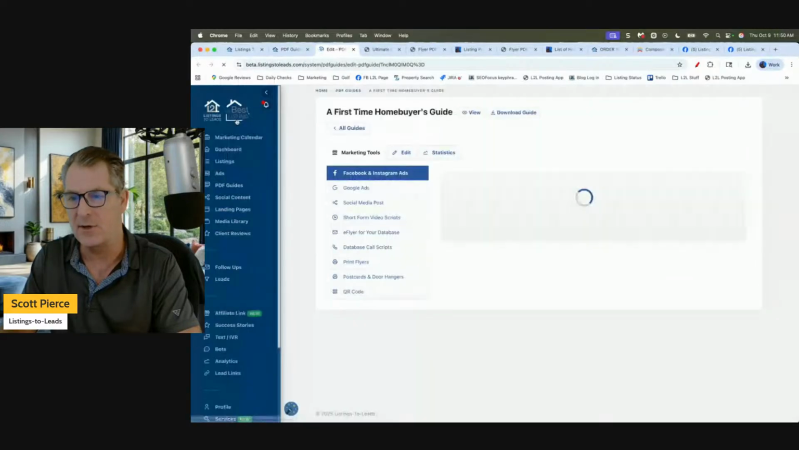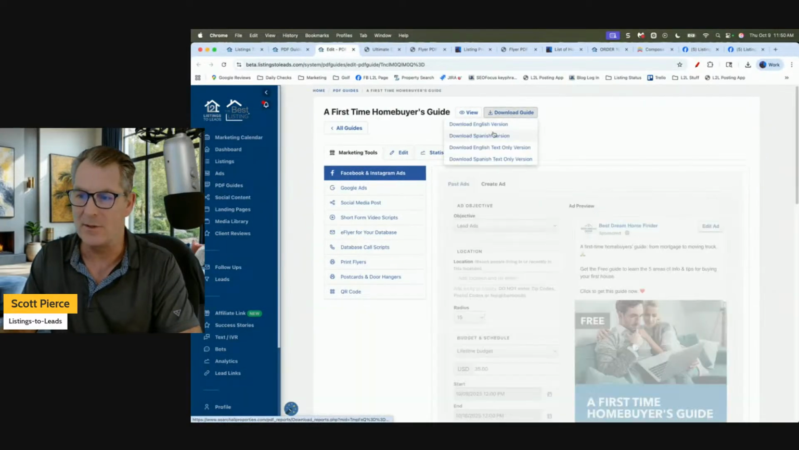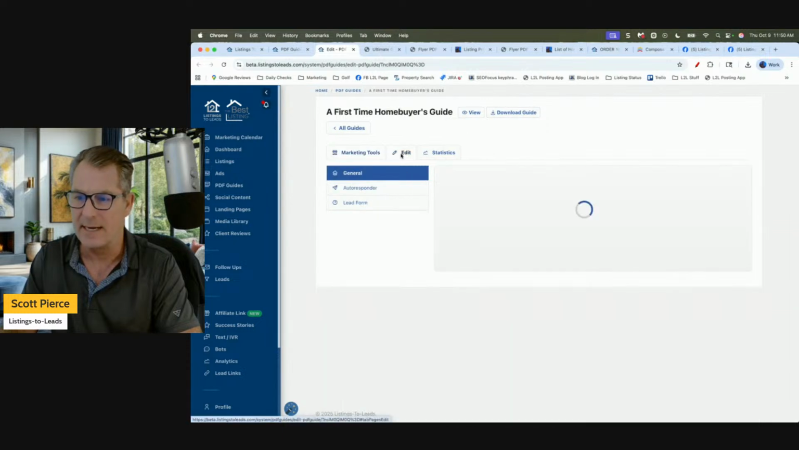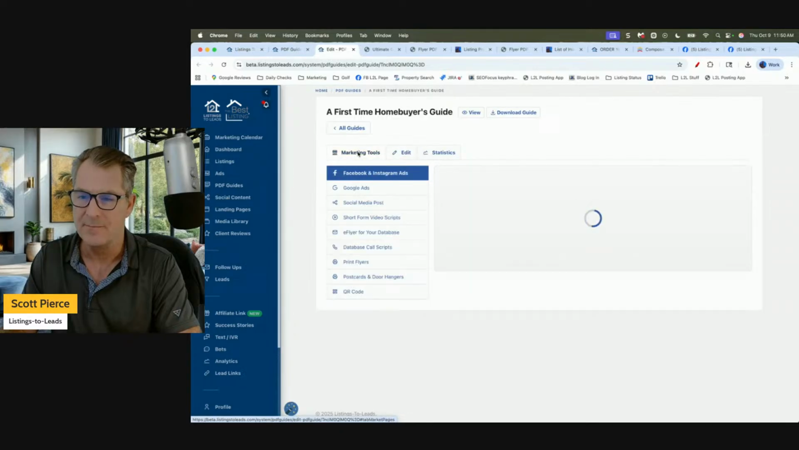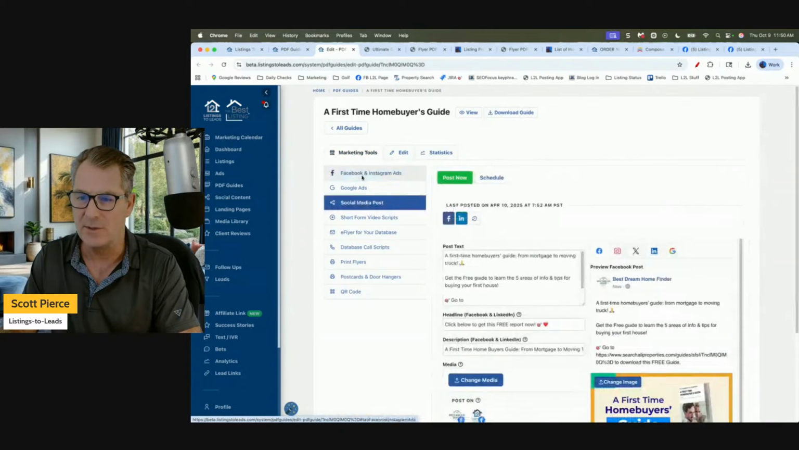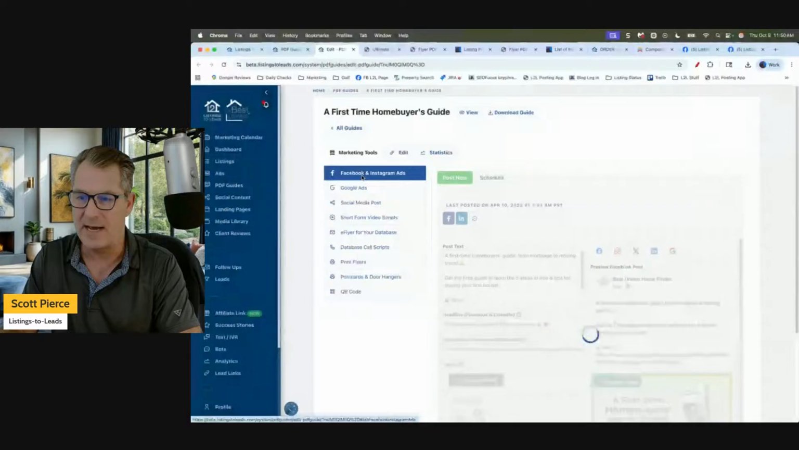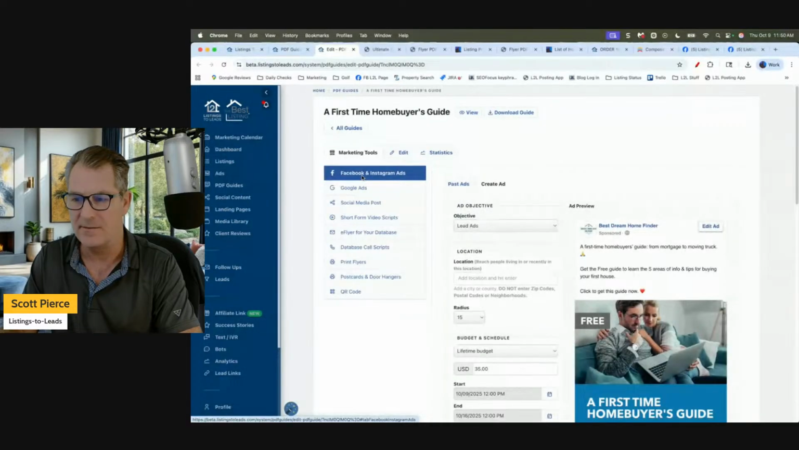Again, I'm going to click on the green marketing tools button. Just like before, I can download. I got all the edit opportunities. I can change the image right here to something a little bit better, right? Something more applicable for my area maybe, right? Again, autoresponder, lead form. But if I go to marketing tools, we've got, just like before, Facebook and Instagram,